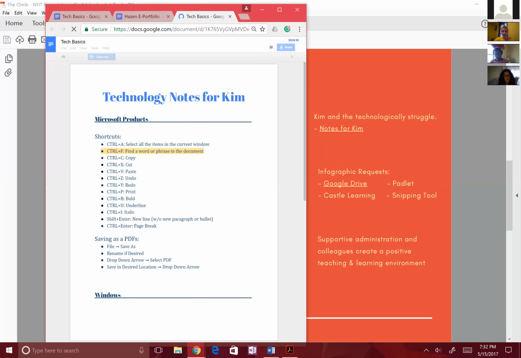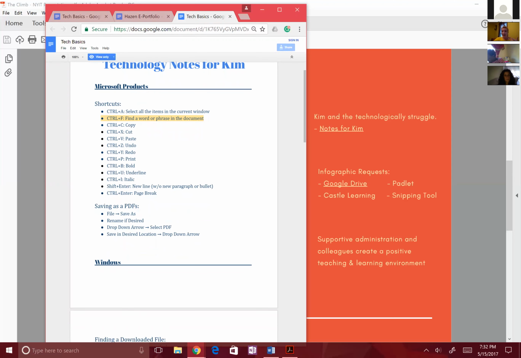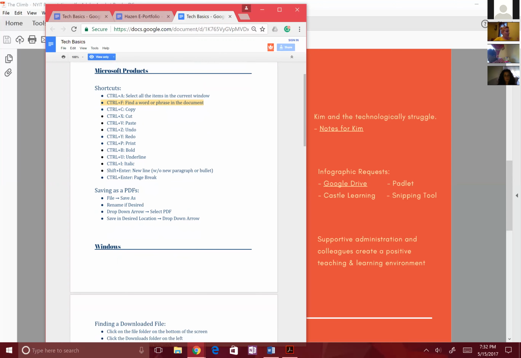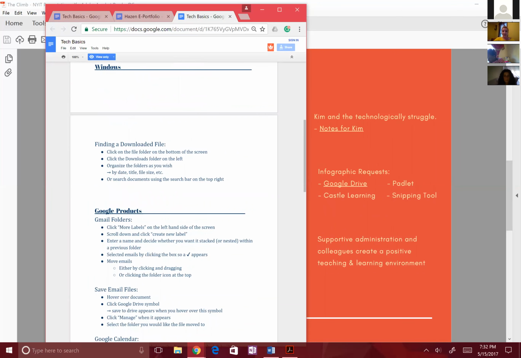So if I were to go through some of these, like I said, some of the very basics, just the main Microsoft shortcuts. My favorite one is Control F. It allows you to find something that you're looking for in a document, in a PDF, on the internet page, anything like that. So we did anything from learning the shortcuts to learning how to save things as a PDF,